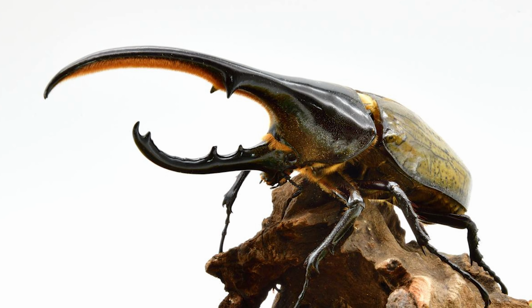and shelter. Life cycle. The life cycle of Hercules beetles typically consists of 4 stages: egg, larva, pupa, and adult. The eggs are laid by females in decaying wood or soil, where they hatch into white, C-shaped larvae, commonly known as grubs. The larval stage can last for several months to a few years, depending on environmental conditions and the availability of food. During this period, the larvae feed voraciously on decaying organic matter, aiding in the recycling of nutrients